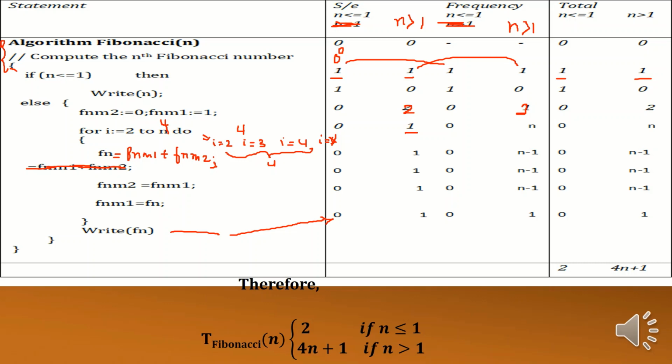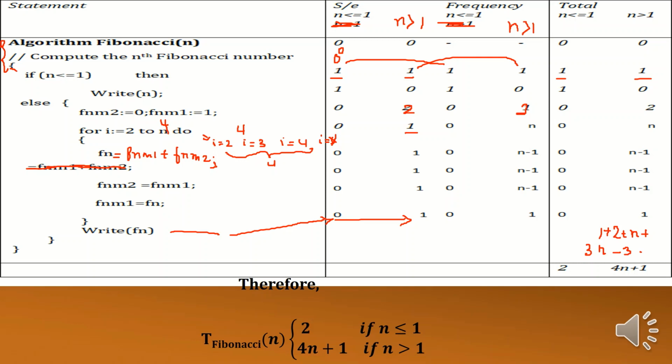Now let's calculate. For n greater than 1, let's add these up. We get 1 plus 2 plus n, plus n minus 1 twice, which is 3n minus 3 plus 1. Minus 3 plus 3 is 0, so it is 4n plus 1.